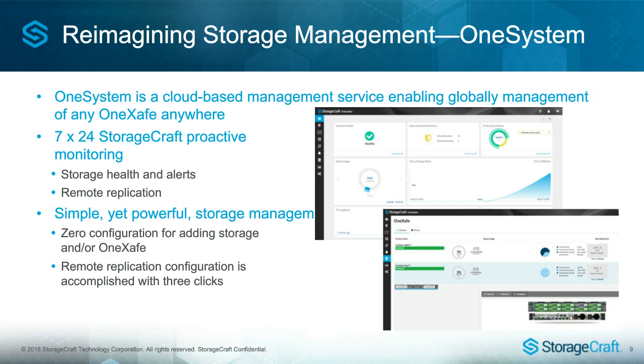For example, I know the state of every disk drive and power supply for all OneSafe deployed at all of our customers worldwide. Right? And that global visibility and cloud-based management is something that extends a lot of flexibility for you as an administrator to make it easy for you to manage storage and data protection and spend as little time as possible. At the same time, you'll see this in just a minute when I jump into the demonstration